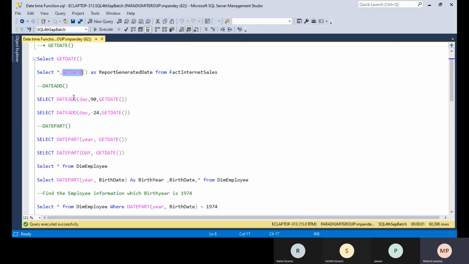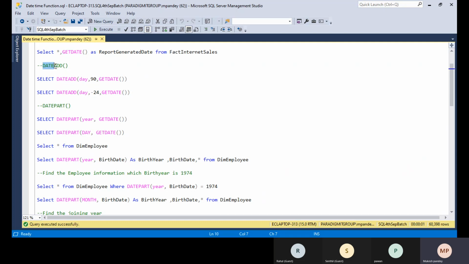The next one is the DATEADD function. DATEADD is basically used to add a particular number of days to a particular date. For example, suppose I'm working in ABC organization, and the notice period is 90 days, or 60 days or 30 days.